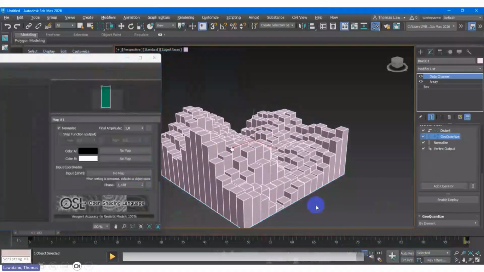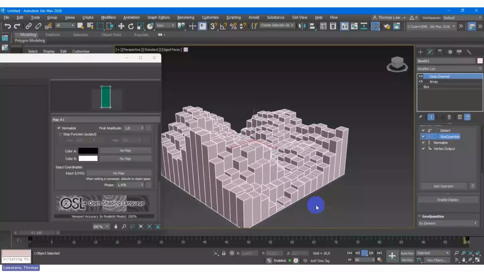Even there is a color ID in the data channel, so you can play around. Let's say you can change the color by vertex, even apply some material, and then automatically, let's say the graphic that went up is red, down is green, something like that.